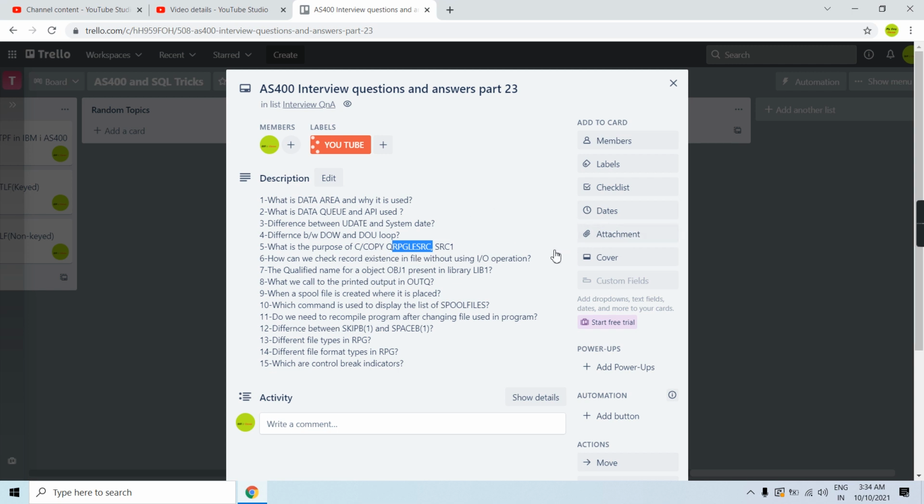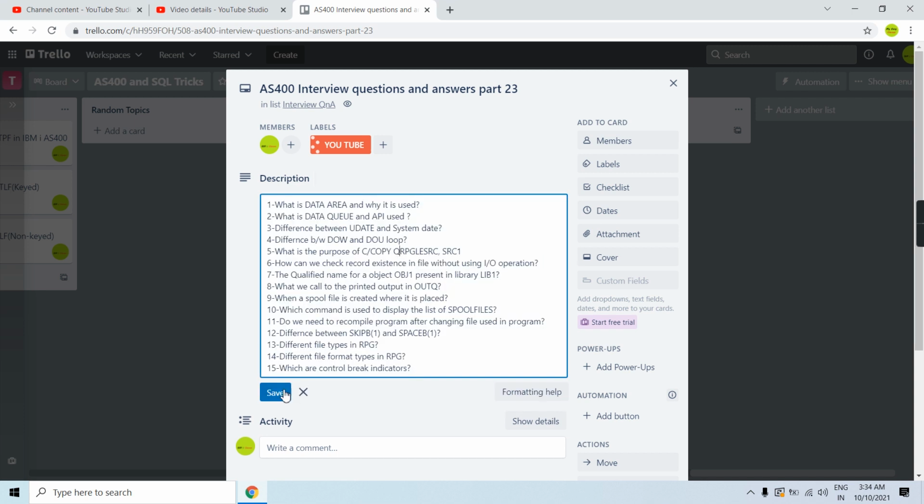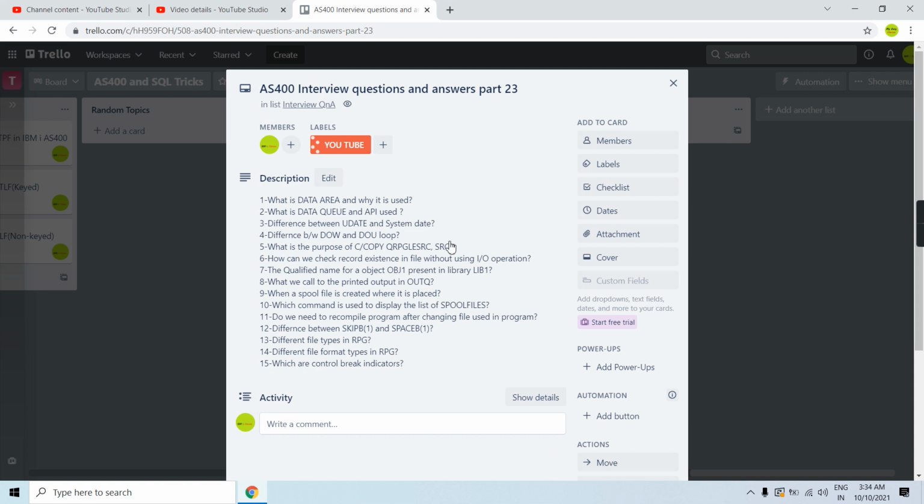So we are including that source, that is the lines of code in source 1, in our program by using C slash copy. Slash copy is the compiler directive which we have used to copy the source member into our program.